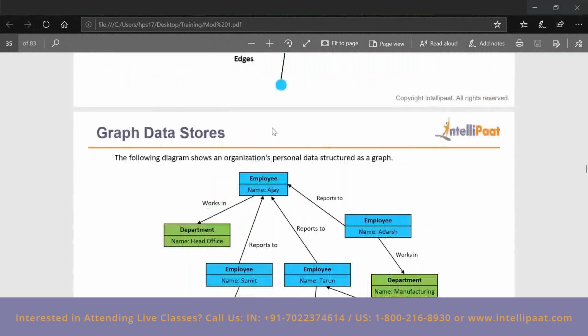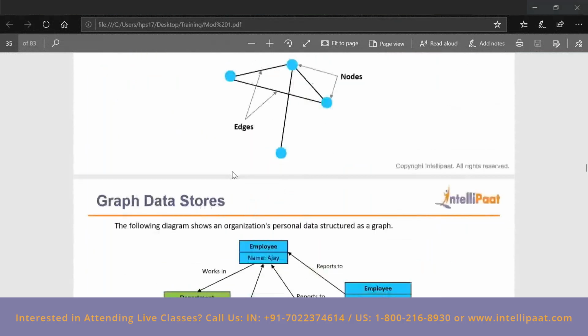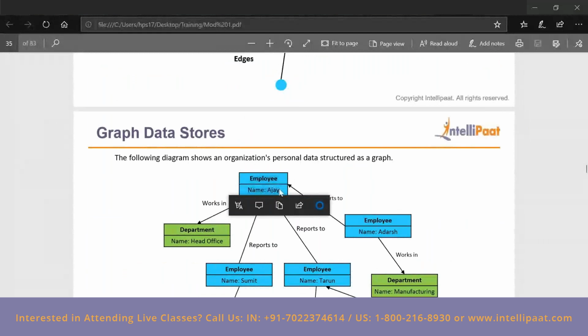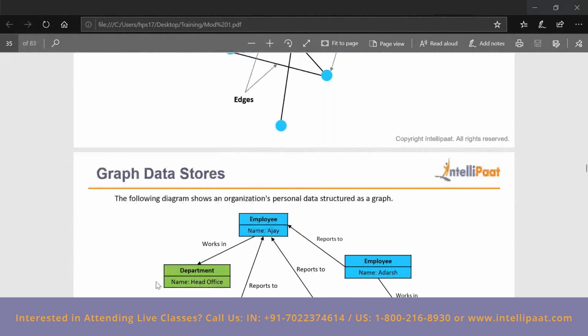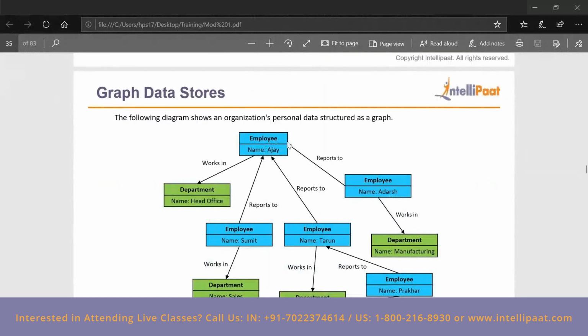See, this employee and this name are nodes, and the relationship is the edges, as you can see here, right? Edges specify the relationship between the entities, how employee Ajay and department head office are related. If I search for employee Ajay and where he works, the department should come up. If I search for Ajay and I want who reports to him, Sumit and Tarun should